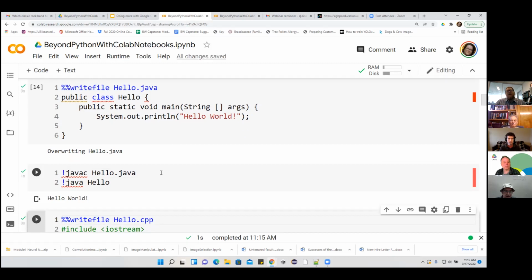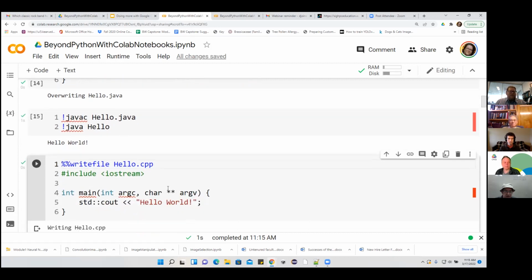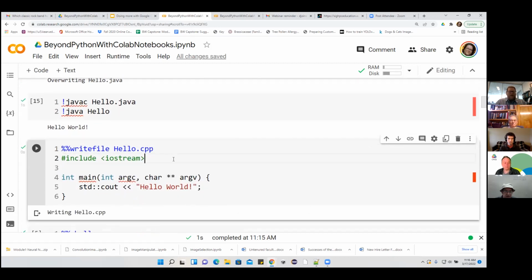Initially, when I had looked at using Colab notebooks for other things, there are versions of Colab that natively run Julia, like you can do in a regular Jupyter notebook. I started looking into that, but you know what? If it's just write it and then run a compile command and run it, this could be any language we want, right? So if I want it to be C, I'll write C++,